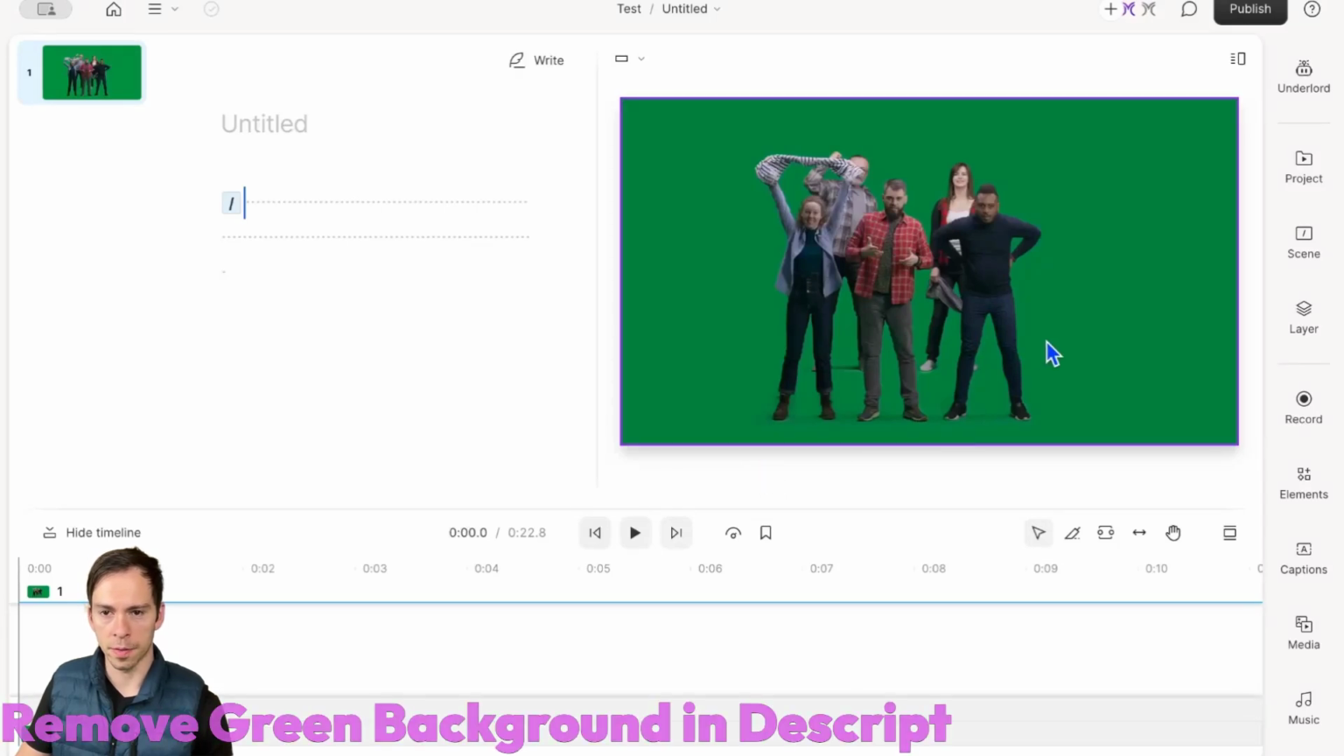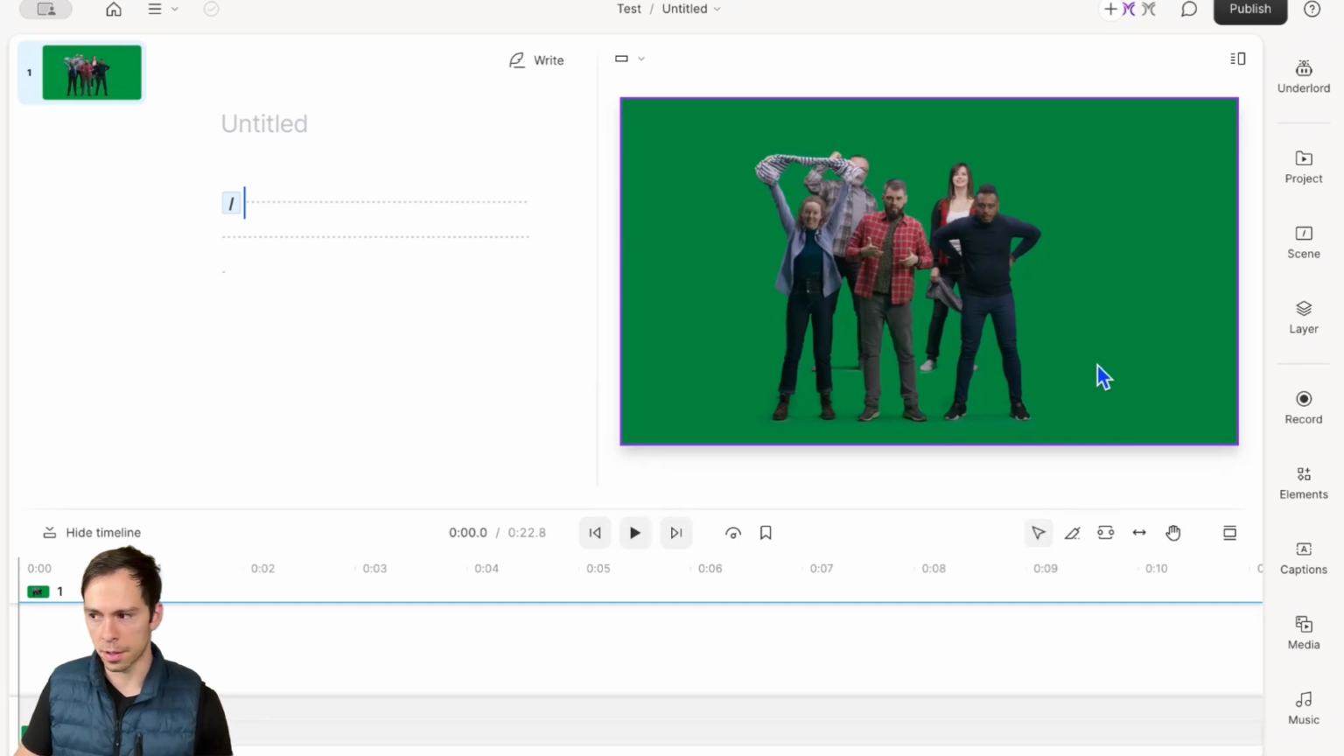If you have an actual physical green screen behind you, like in this video right here, then the feature you want to use to remove it is not the green screen feature. The green screen feature in Descript uses AI to remove your background, and you don't have to have an actual green screen behind you. So if you do have an actual green screen, you're going to want to click on